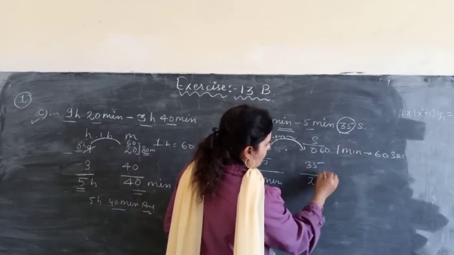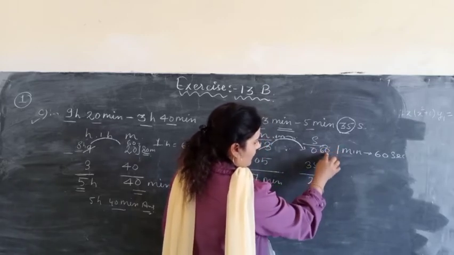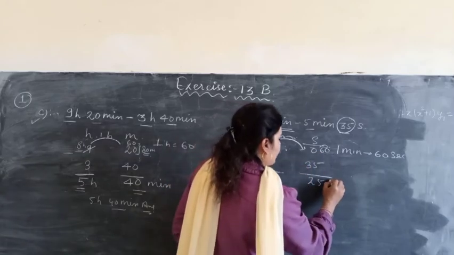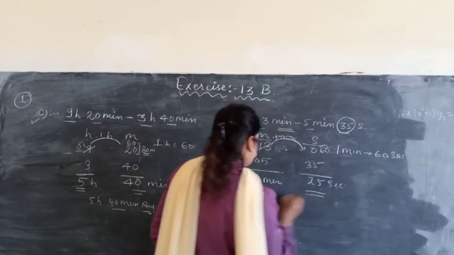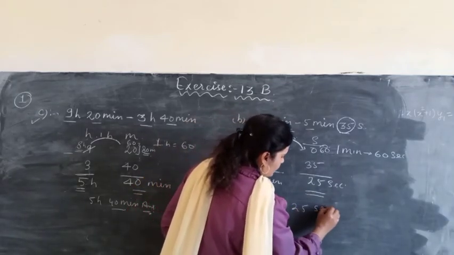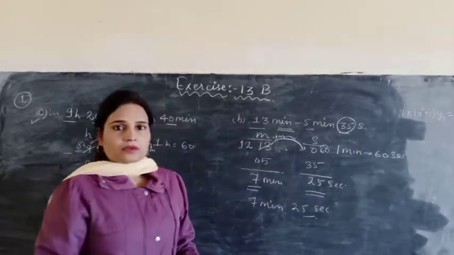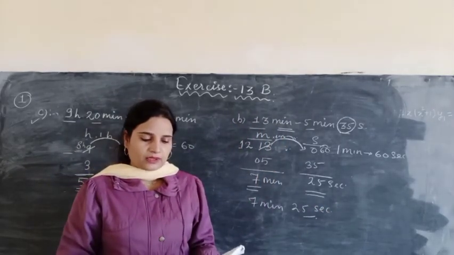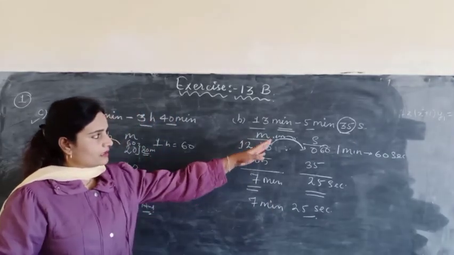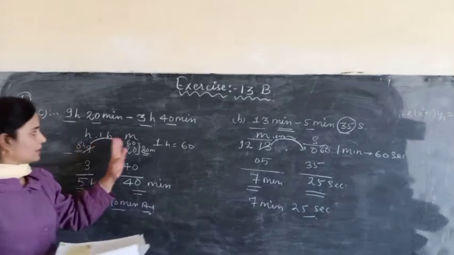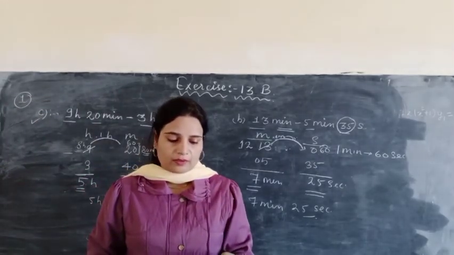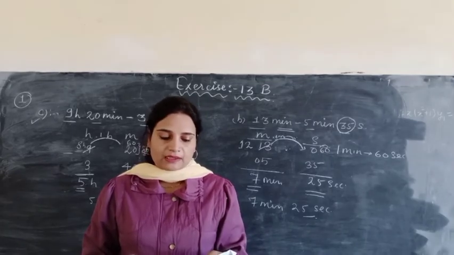Okay. Because we will borrow here 1, 10 minus 5, 5, and here is 5, 5 minus 3, 2. Okay. So 25 seconds. The answer is 7 minutes and 25 seconds. Okay. Is it clear? So all the questions you can solve easily because here is only the subtraction and how we can regroup the minutes into seconds and hours into minutes. Okay, is it clear? So see, the third question is your word problems.